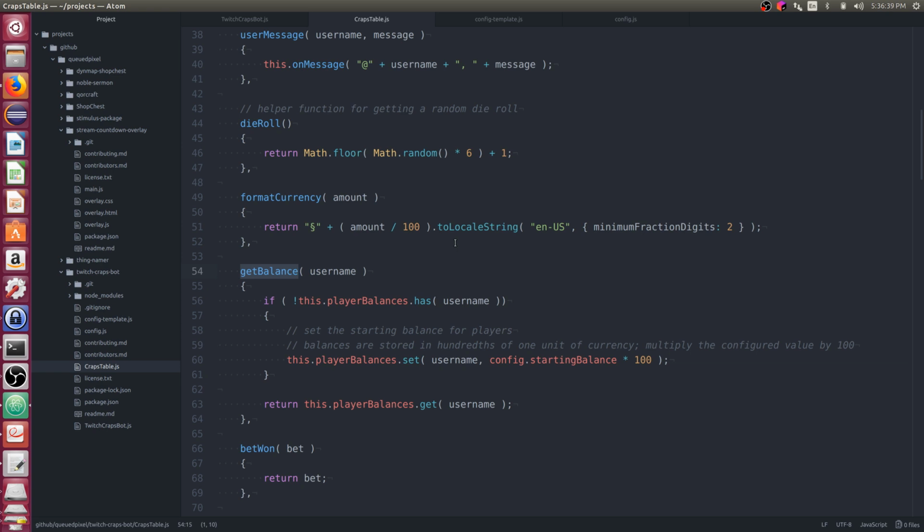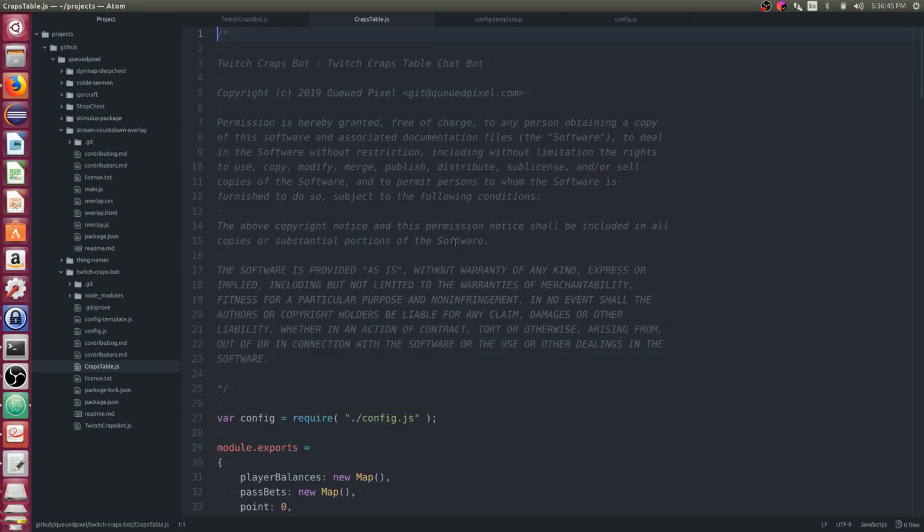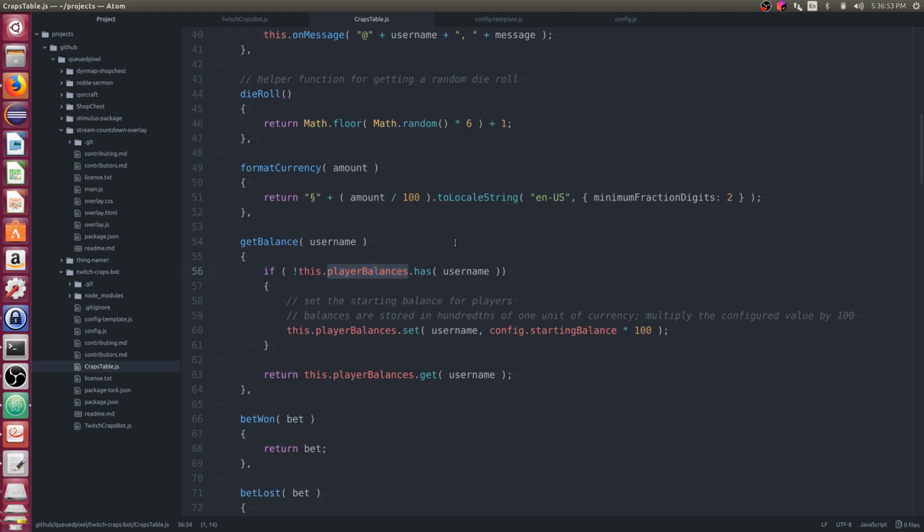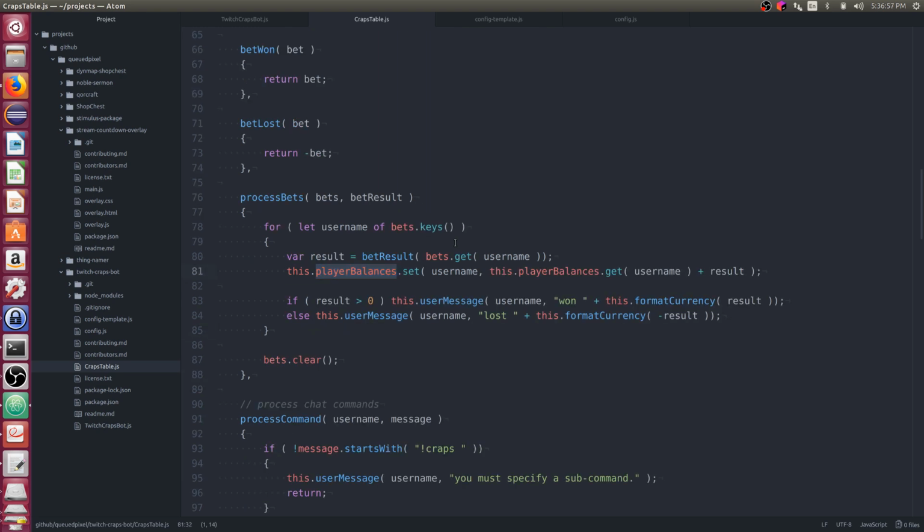So the next question is who goes through the data structure? Let me just look up who goes through the data structure, and maybe just do get balance instead. So we initialize it. Here we're in get balance, we don't care here. Here we're setting it, so this is fine.